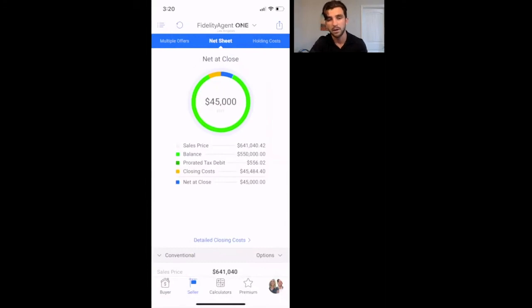So say that buyer offered $635,000 and you need a seller counter offer. Now instead of just offering a random number, you have a data-driven, educated response of why you are now countering back at $641,000. That you'd love to do the deal with them, but this is what they need for the up-leg purchase. That might convince that buyer agent to work with their buyer as well to say, okay, this information makes sense. Here's the data behind it. Here's why they're offering. That way it doesn't seem like an arbitrary number that you came out of